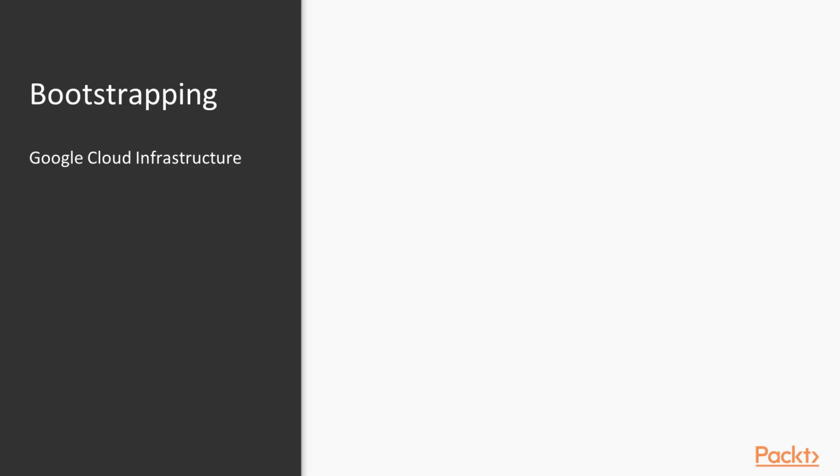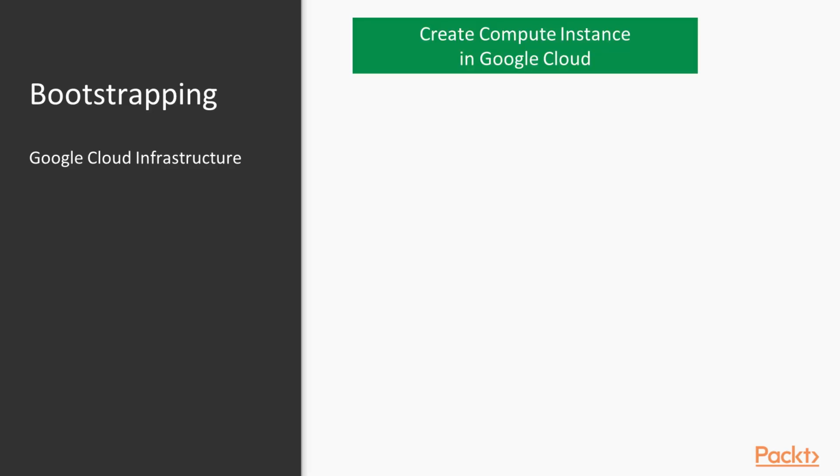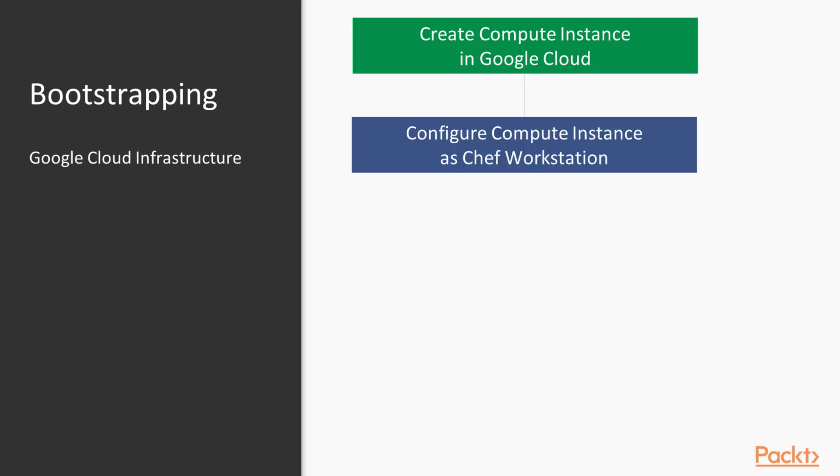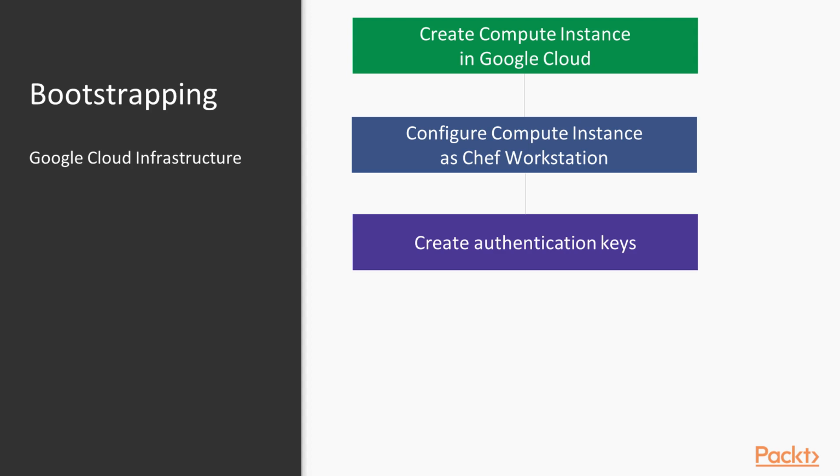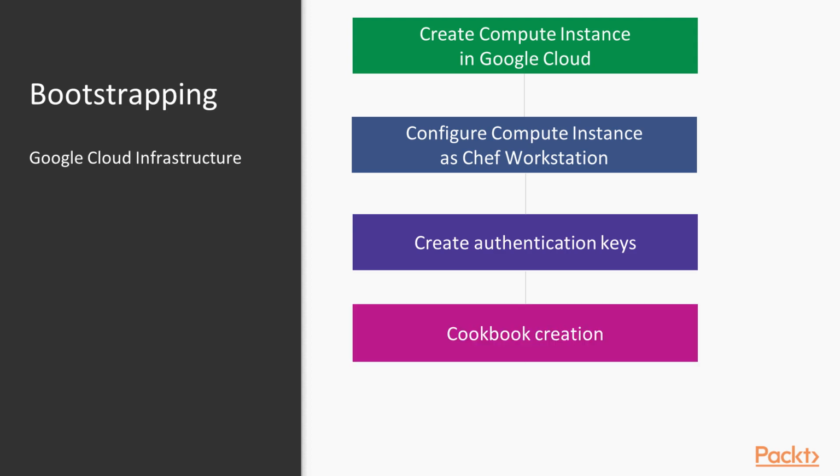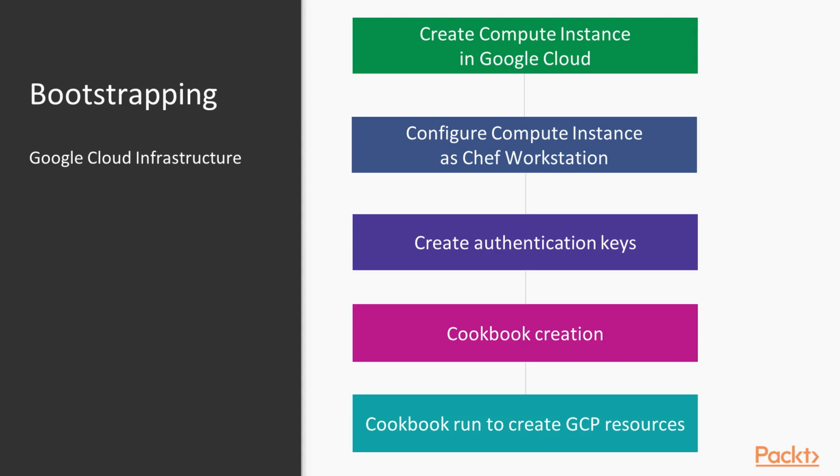So let's recap what we have done. We have created a compute instance in our Google Cloud account, configured as a Chef workstation or client. We created a service account having project editor access, and using this service account's keys, the compute instance authenticated to create the resources. We downloaded the Google Cloud Cookbook and libraries from the Chef Supermarket, and we created a recipe to spin up Google Cloud resources. And we have executed the create.rb file from our workstation using Chef client, which is run in local mode.